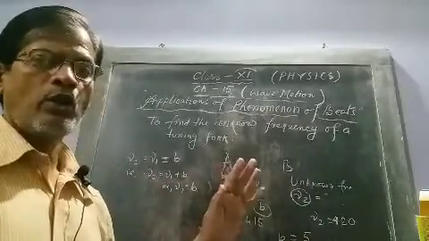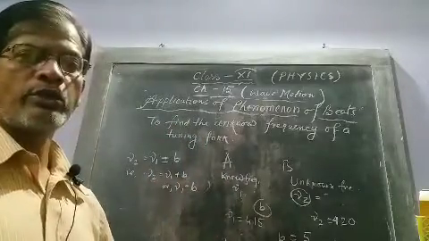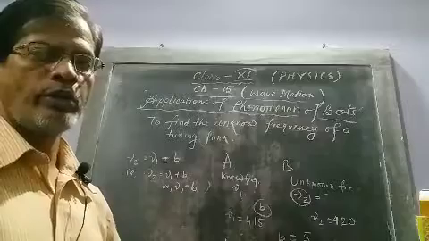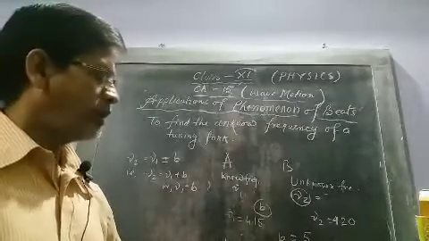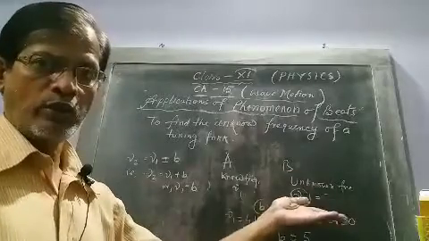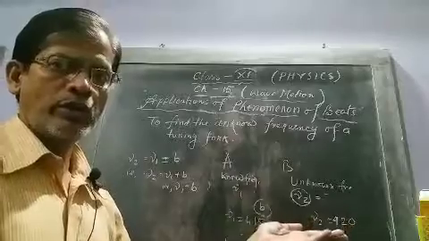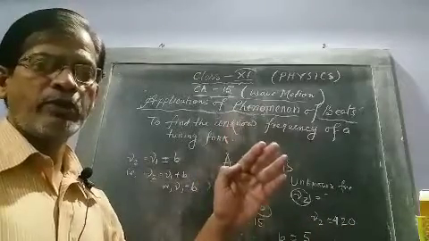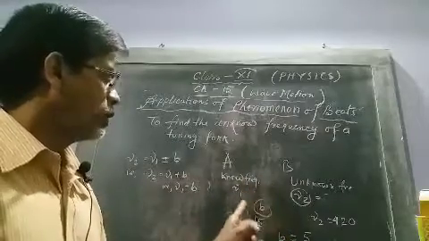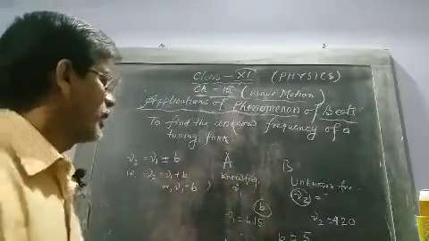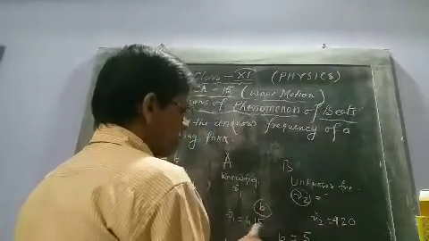So when on filing the beat frequency increases, then the frequency of the unknown tuning fork will be more. More means nu1 plus b. If increase, more. It is easier to remember. If on filing the beat frequency increases, then the frequency of the unknown tuning fork will be nu1 plus b.